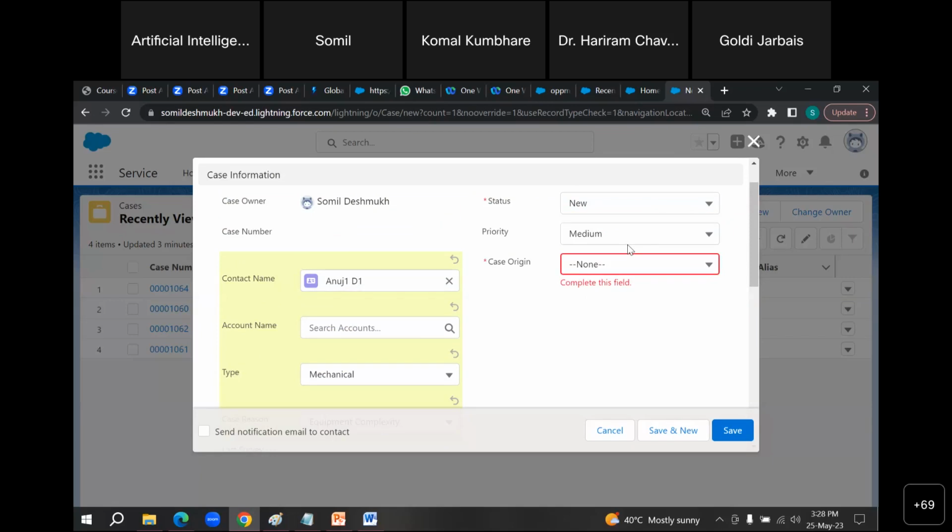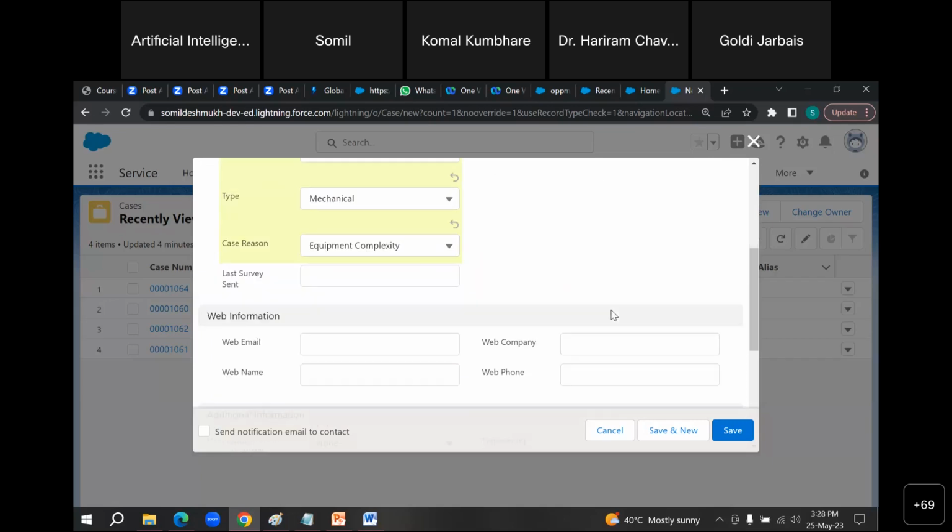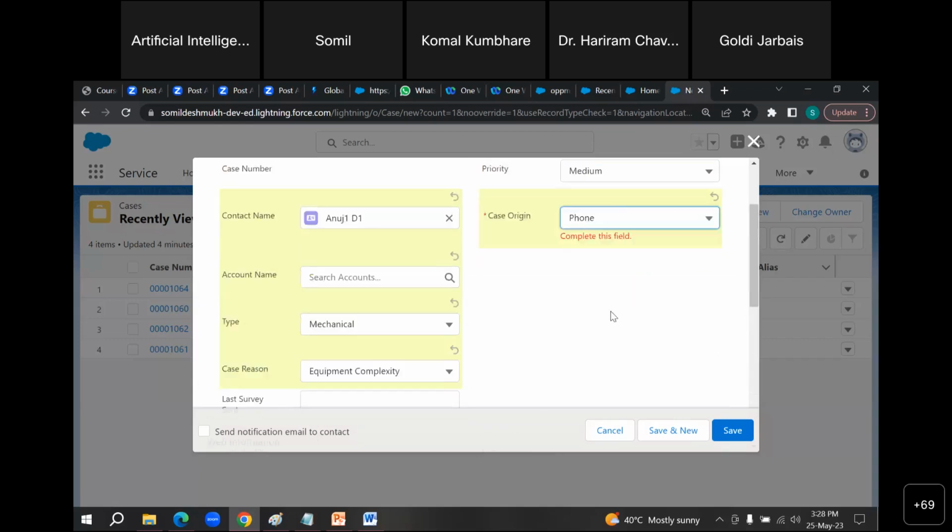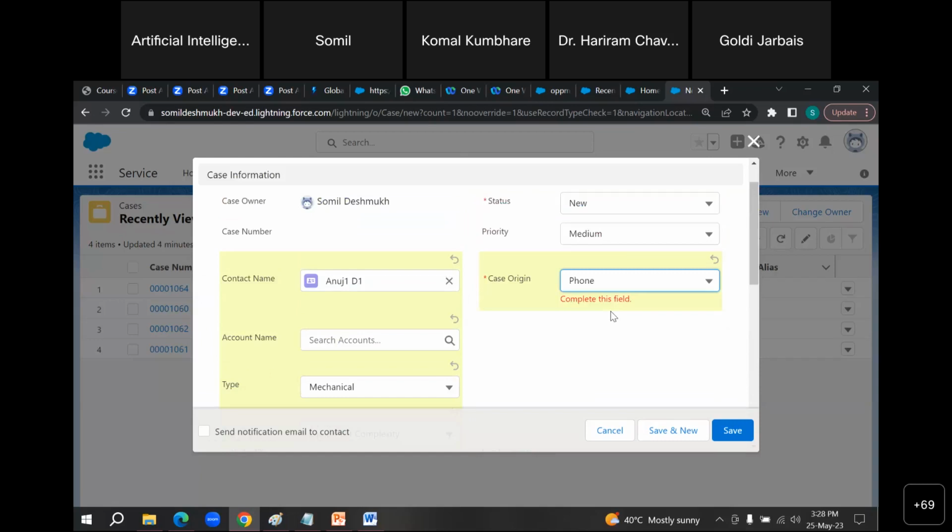देन देयर इज अ प्रायोरिटी आल्सो. प्रायोरिटी मींस कि हाई है, मीडियम है, लो है, क्या है प्रायोरिटी उसकी, वो भी आप डिसाइड कर सकते हो. और केस ओरिजिन, अब केस ओरिजिन फोन से हुआ, ईमेल से हुआ, कहां से हुआ, ये समझ में आ रहा क्या? ये क्लियर है क्या? केस